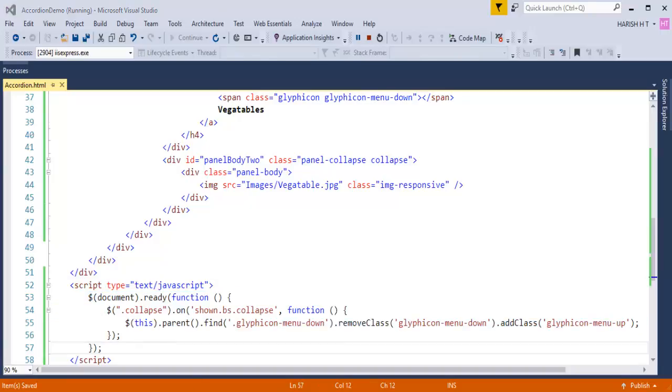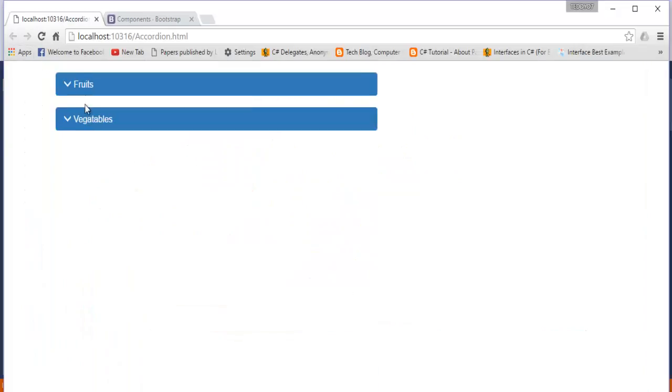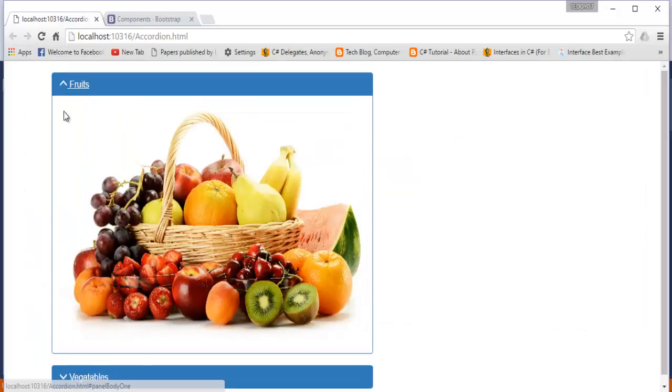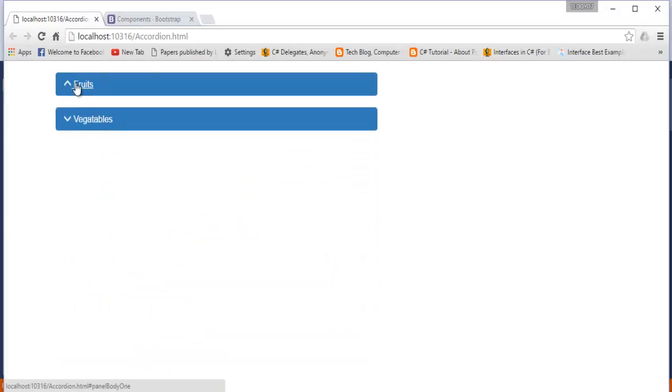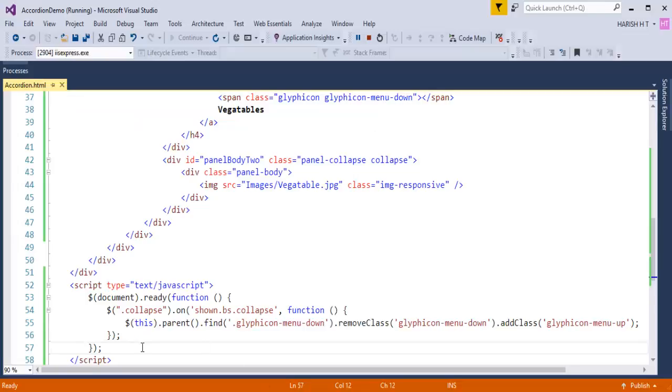And similarly you can observe, let me refresh it again. Now as soon as I expand it, the arrow mark turns upside, but when I click back again, the arrow mark still remains upside, but it should come down. Now I need to write again a bit of jQuery code telling that once the image is collapsed, change the arrow mark to pointing downwards. So I'll copy the bit of code I wrote,